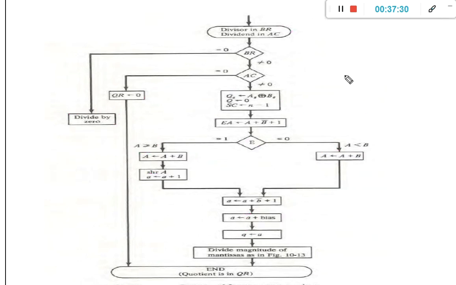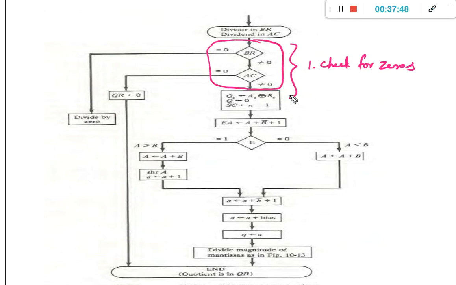Okay. If you want to map the sequence of steps for this particular flow chart, initially we are going to check for the zeros. Step number 1, check for zeros. Here we have checked for zeros in this place of the algorithm. And then step number 2, initialize registers and evaluate the sign.